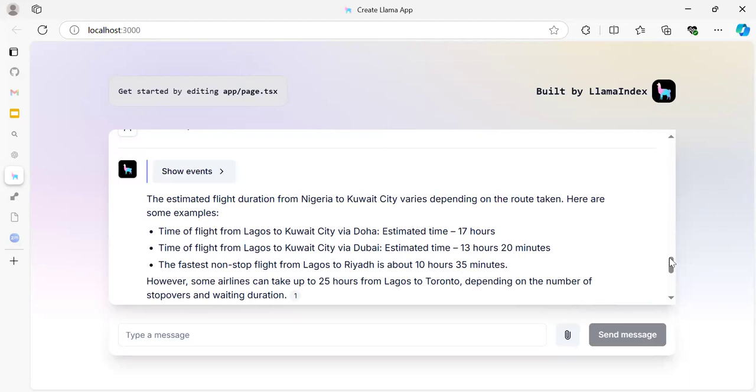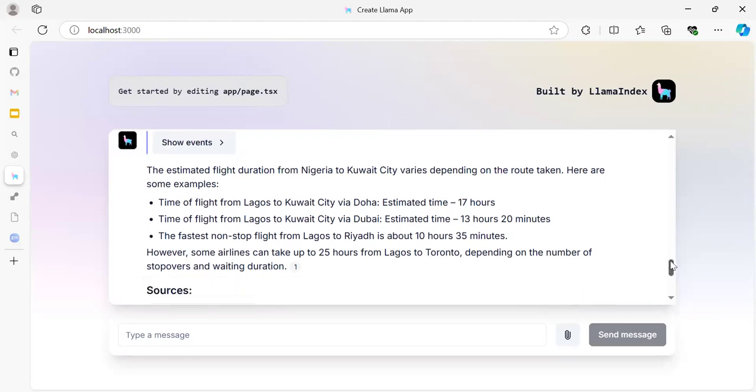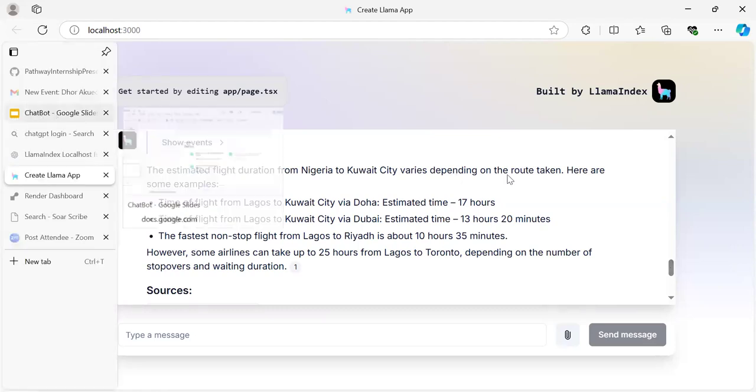So it gives you the different routes and suggests which route is easier and simpler. I'll go ahead and stop from here.